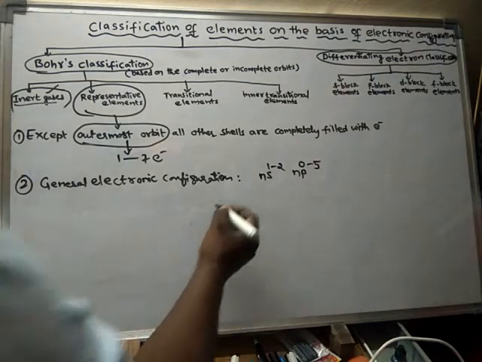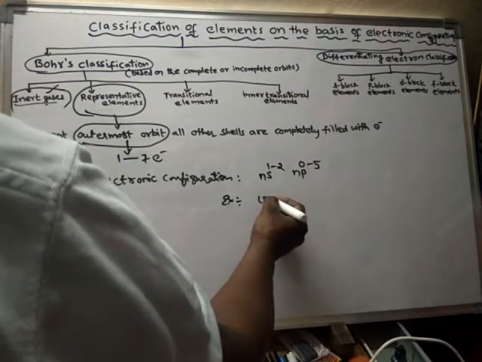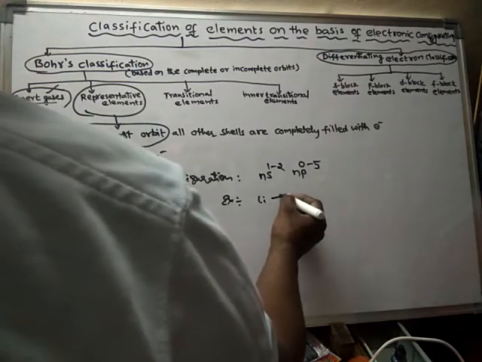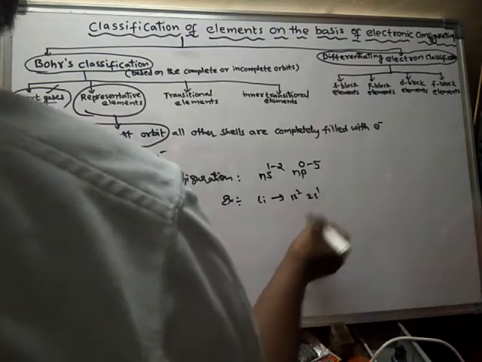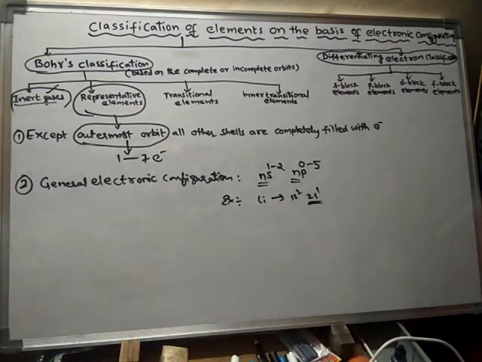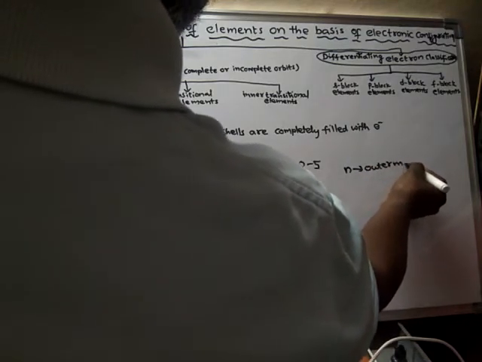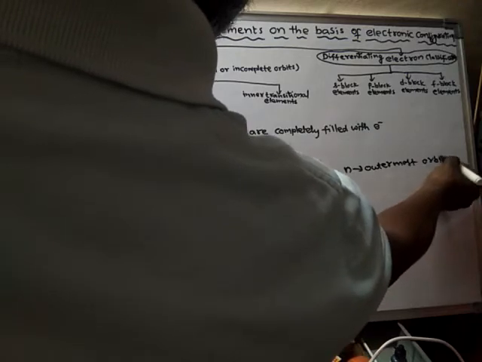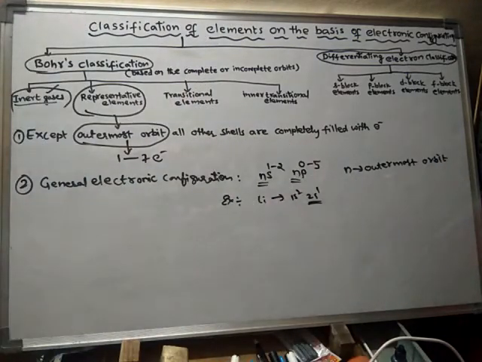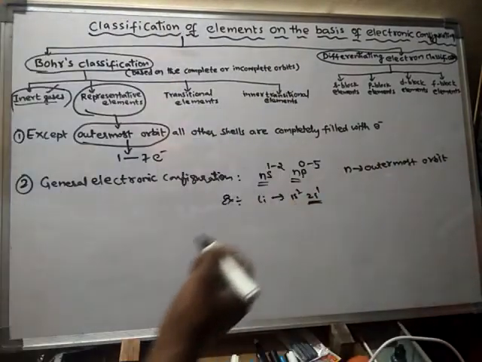So like that. For example, take lithium. Lithium, its configuration is 1s2, 2s1. So this is the outermost orbit. What does n represent? n represents the outermost orbit, or else the valency shell. So in writing the general electronic configuration, we will write the valency shell, or else outermost orbit electrons only, electrons of the outermost orbit only, because